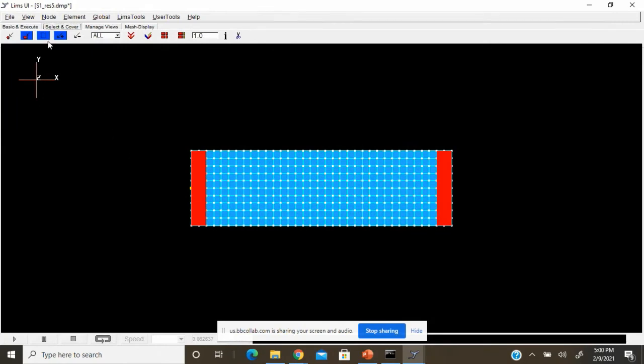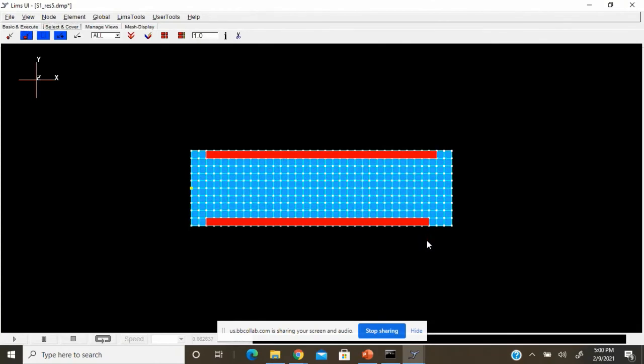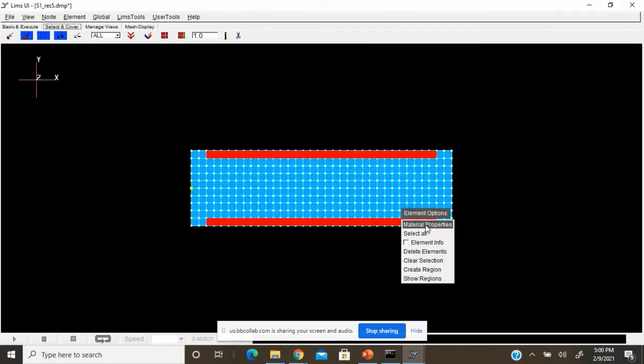And then the next part is we are going to select the zone B. Again, it's very simple for us to select zone B. Once you have this icon, which is add to selection on, you can keep selecting as many as you want. Once you select the whole B zone, we can right click and give the